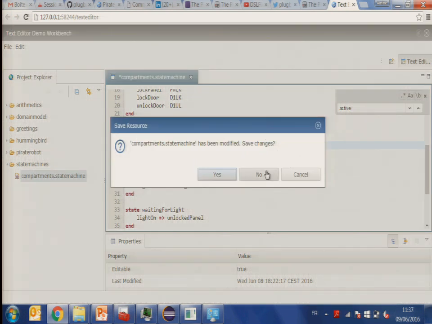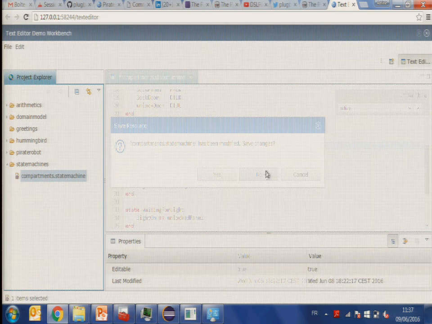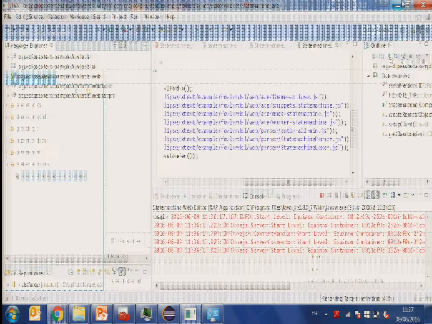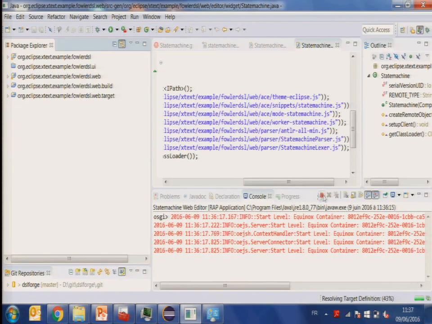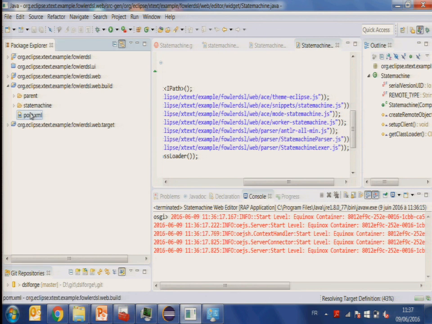Okay, now I will build the web application, and for this I'll go into this generated Maven project.